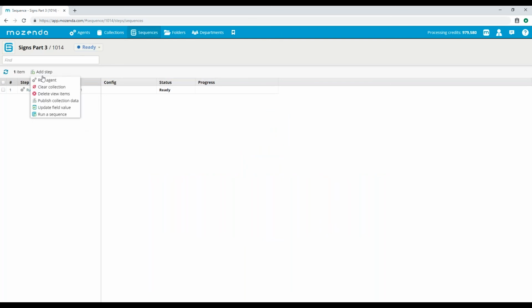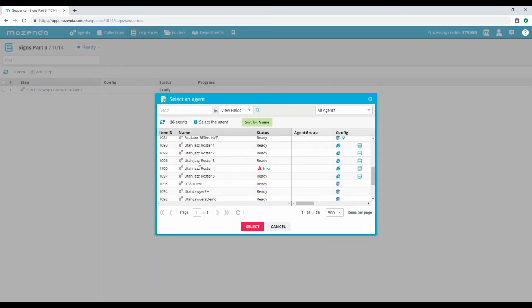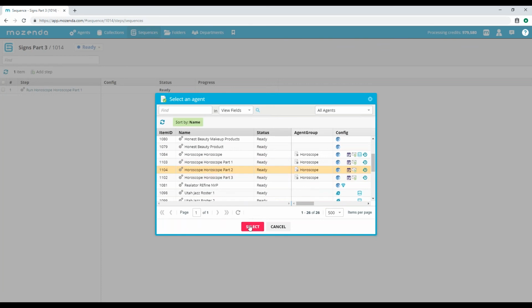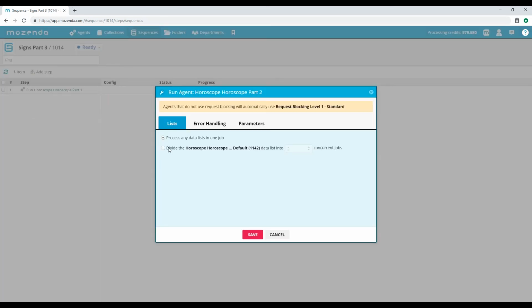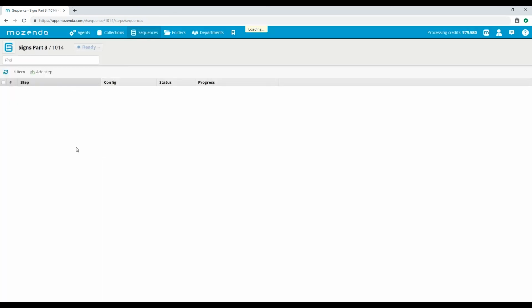So remember, part 1 is when we gathered our URLs, and part 2 is when we actually ran with the URLs. So I'm going to select part 2, and it will give me the option to split it. It says, okay, well, you could divide this into 2 concurrent jobs, so they're running in parallel. Here I'm going to increase this. I want it to run in maybe 6 concurrent jobs. There's only 12 items, and so I know that this is going to be really, really fast. When I save that,